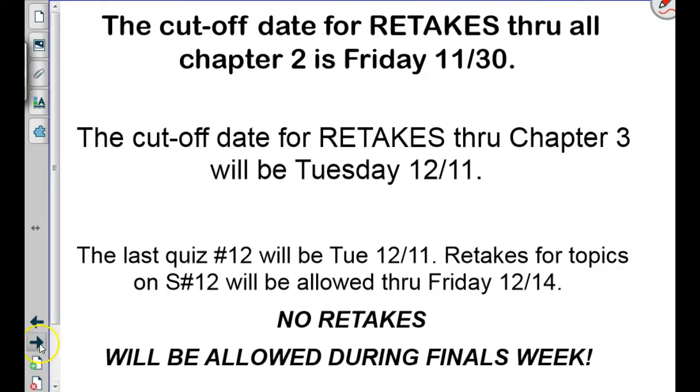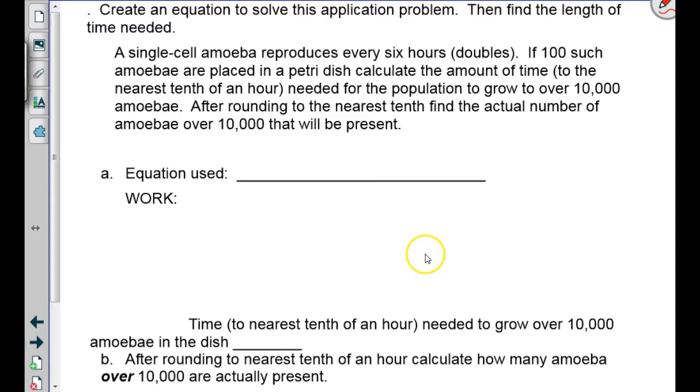All right. I'm a little more worried about this problem because rounding matters. There's a question like this on the quiz. We started talking about one like this yesterday. It says a single-celled amoeba reproduces every 6 hours. In other words, the amount doubles, okay? Every 6 hours. So H, how long until it does something, is 6 hours. Doubling is the rate that's going on. If 100 such amoeba are placed in a petri dish, so this is our original amount,